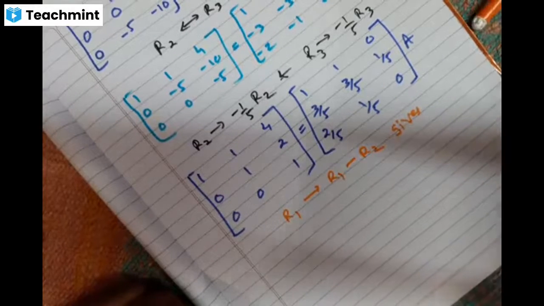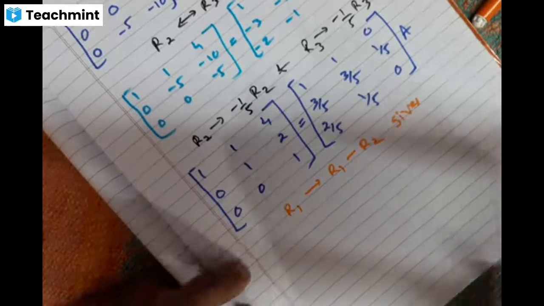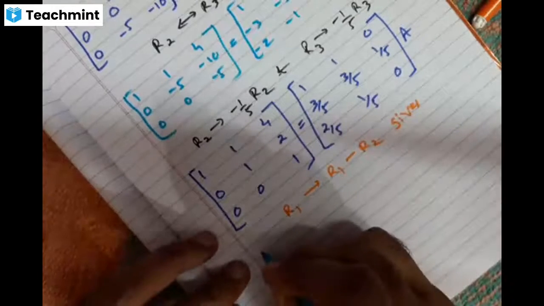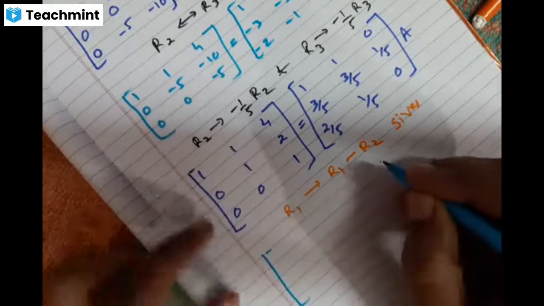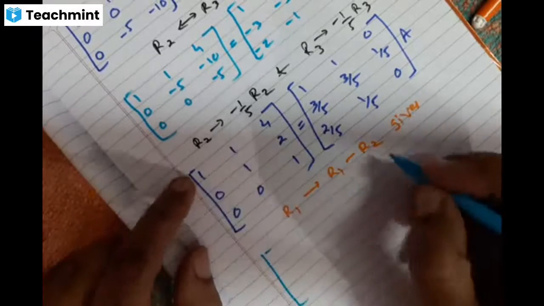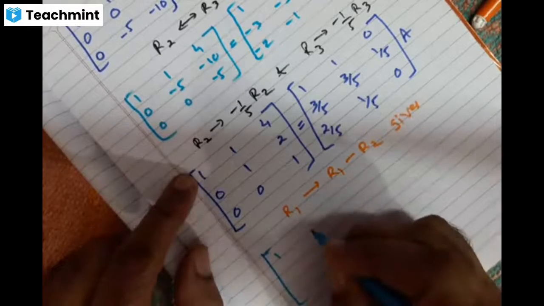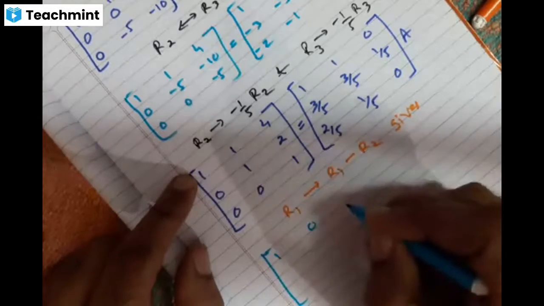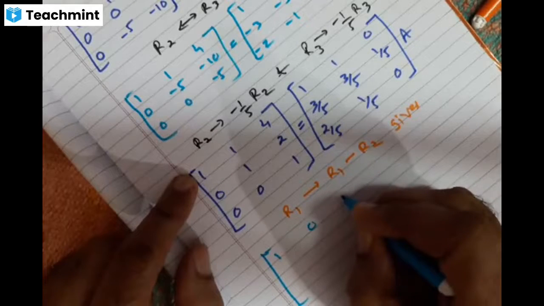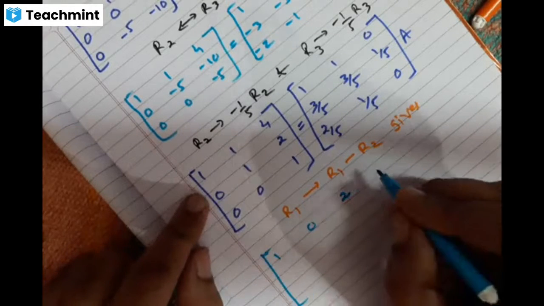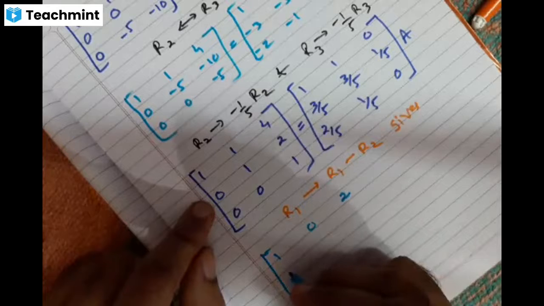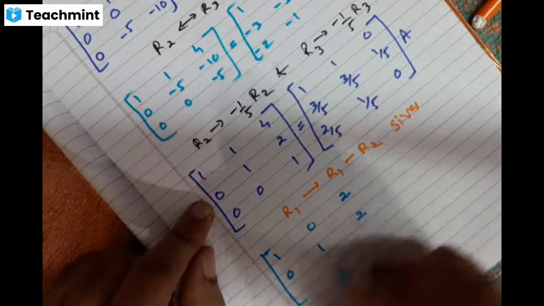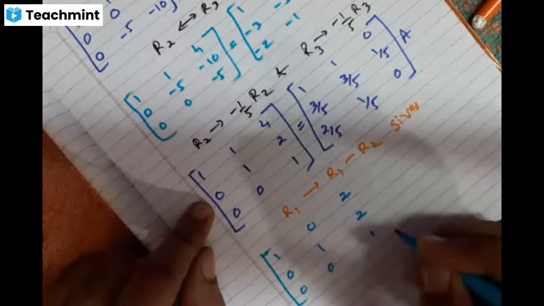So gradually we are moving towards getting the identity matrix on the LHS. ठीक है, तो देखो क्या होता है अभी. That is, this will be R1 minus R2. So ये तो 1 का 1 ही रहेगा. Now this becomes 0. 4 minus 2 will be 2 only, and no change in the second and third row. So 0 1 2, 0 0 1